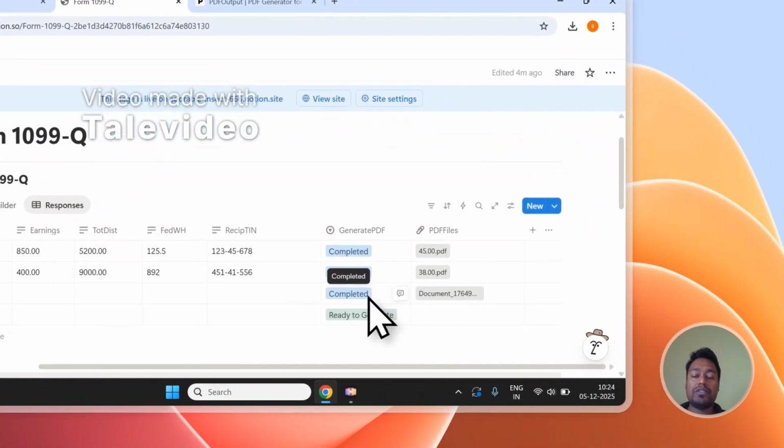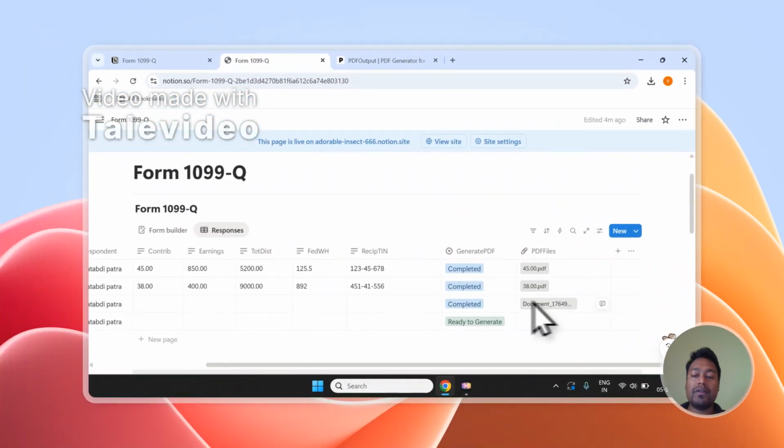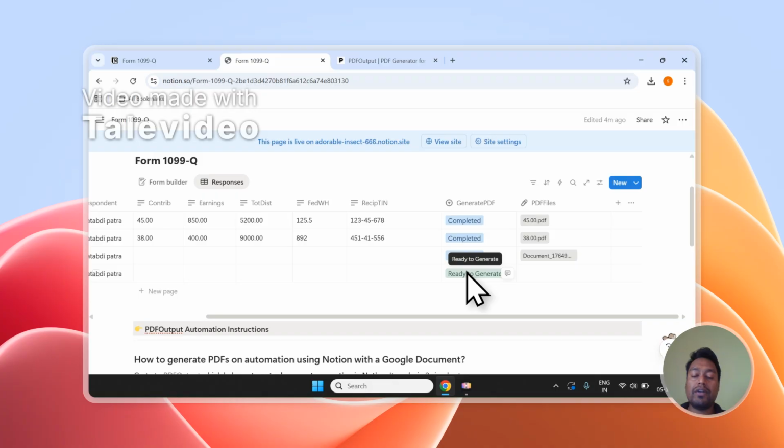So as you can see, it processed one document and it has completed one of the documents and directly created the PDF over here. It will do the same for the other record as well. So while we were demoing the entire database, it instantly turned that record into PDF directly inside the database itself. So this is how the automation is supposed to work, and this is how it will be useful to you. And I hope you take the best advantage of this automation available and start automating